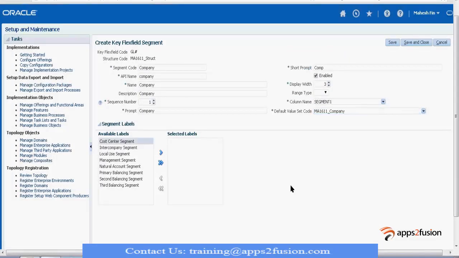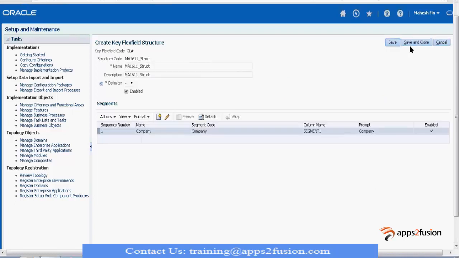And as I mentioned yesterday, for your chart of account, there are two segment labels mandatory, or two segments which are mandatory. One is your balancing segment and second one is your accounting segment. Without these two, you won't be able to complete the chart of account setup. So at company level, all my debits and credits should match. So I'll assign this primary balancing segment label. Okay. I'll associate that second segment,